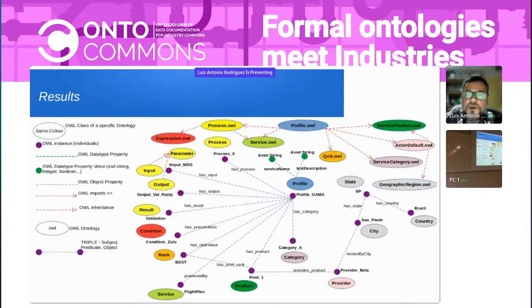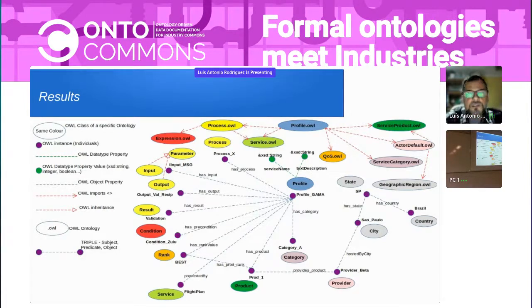For example, what is the profile connected to category A at the center of the image? We have a triple here. If we make a Sparkle query, we can find the profile gamma. If we find the profile gamma, which is a specific instance of profile, we can make another Sparkle query and find at the bottom left the specific instance of the flight plan. It's an RDF graph. It can be queried by Sparkle queries, and all instances of services implemented in this ontology